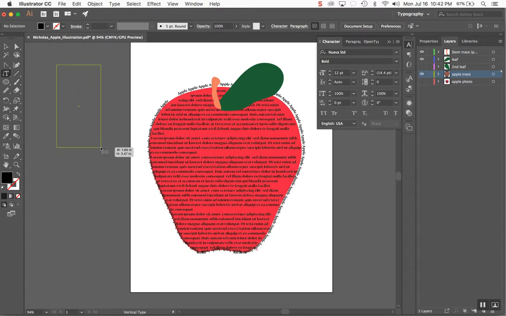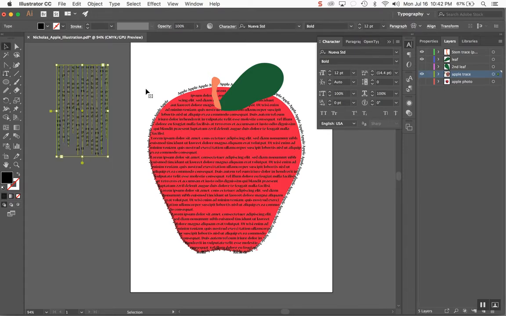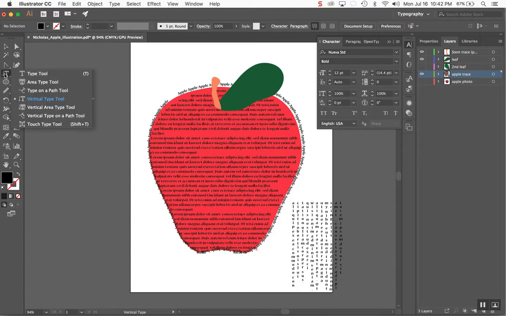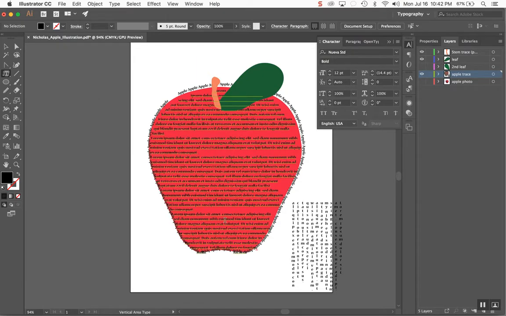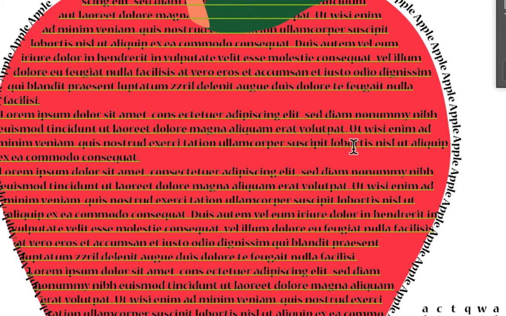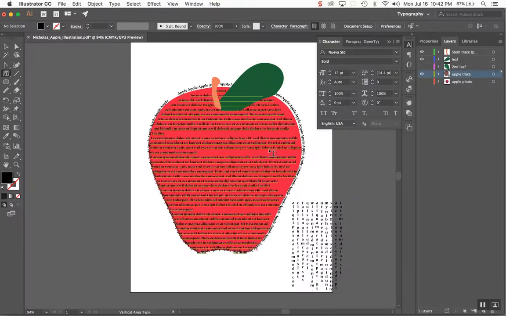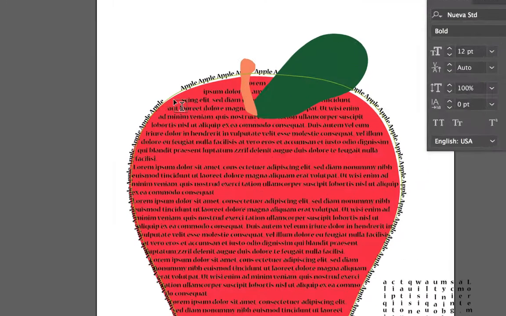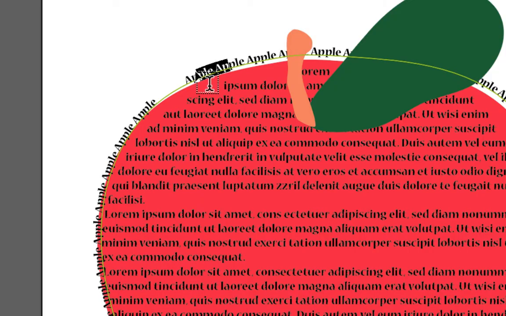The vertical type tool will of course type your text vertically, as you can see there. It's a little hard to read type that is written vertically in English, unlike other languages, because we read left to right instead of top to bottom, so it's a little hard to read long words if they're typed that way. So I don't use that one a lot. You may find a use for it. There's a vertical area type tool, so all that's going to do, instead of typing the text left to right, it's going to type the text from top to bottom. So you can experiment with that one as well. A vertical type on a path tool, just like it says, is going to change the orientation of the type that goes around